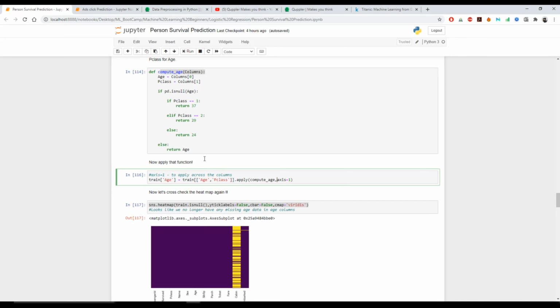First we're going to do train.info to see the data type of each of the columns. For this column, name, we know the data type is a string, which we actually cannot feed to our model. So we need to drop this.